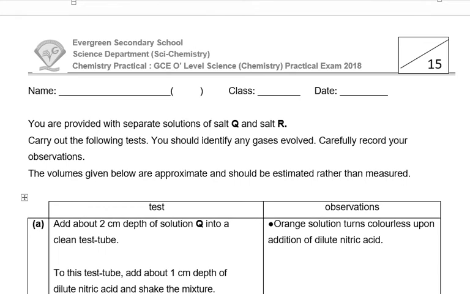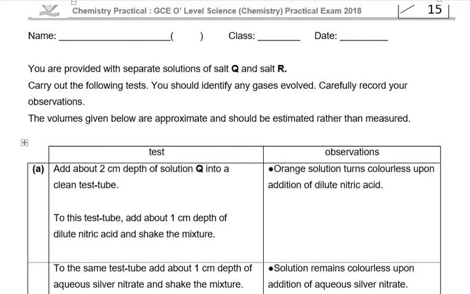Okay, now this will be your answers for the chemistry practical 2018 combined science chemistry exam. Please go through the answers, and maybe after that you can watch the video to see how the experiment actually is carried out for the different tests. So for the first part,